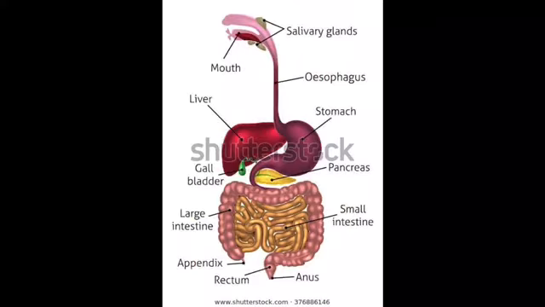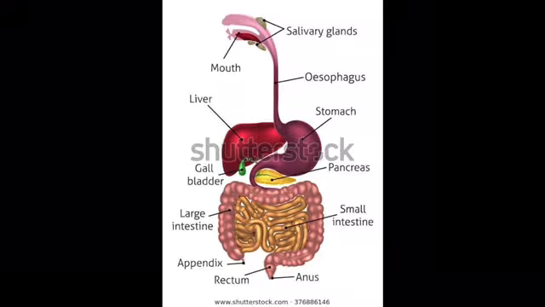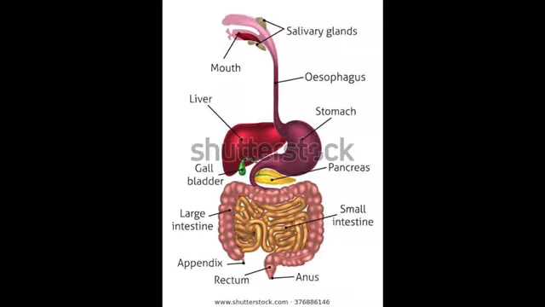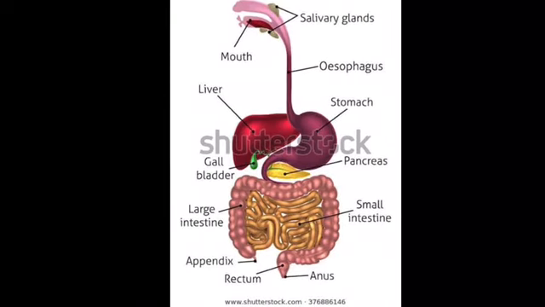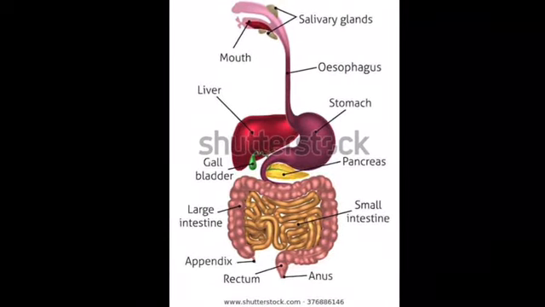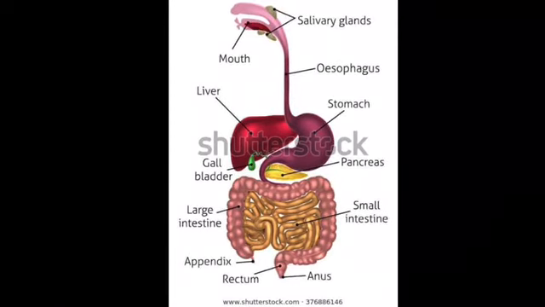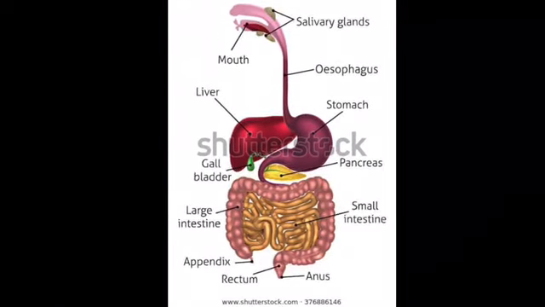So these are the 5 steps of holozoic nutrition. The first one was ingestion, which is taking place through the mouth, that is the oral cavity. The next step, that is digestion, begins in the mouth, then stomach, then small intestine. After that, the nutrients are absorbed by the bloodstream, that is absorption, the third step. Then the nutrients are utilized by the living cells, that is assimilation. The last step, elimination of the undigested food, is known as egestion. That's all about holozoic nutrition.